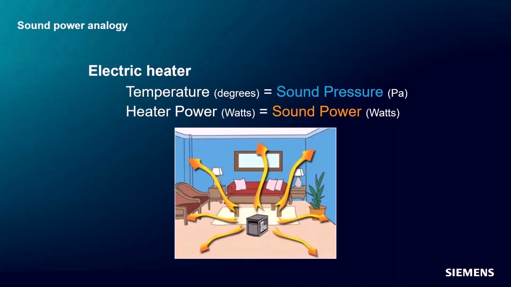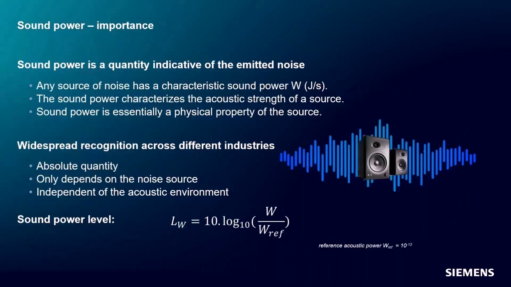Similarly, if you want to know the total amount of how loud something is, we want to look at sound power, because that represents the total sound energy coming from the sound source. Why is this important? Let's take a look at that. Sound power is commonly used in a wide range of industries because it is a measure of the absolute level of the sound energy coming from the source, and it is independent of the measurement environment it is being measured in. It is truly representing how much sound energy is coming from a source, and that is why we look at the sound power.